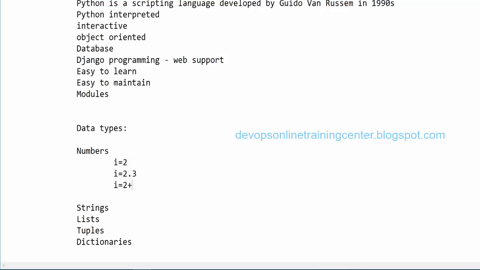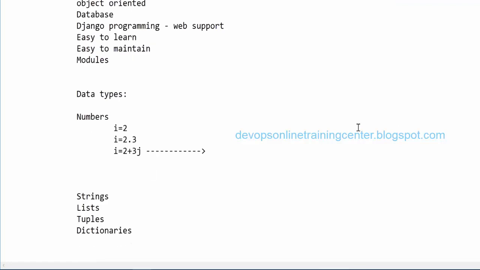So i is equal to 2 plus 3j. What is this? What kind of data type is this? Anyone? 2 plus 3j, what kind of data type is this?